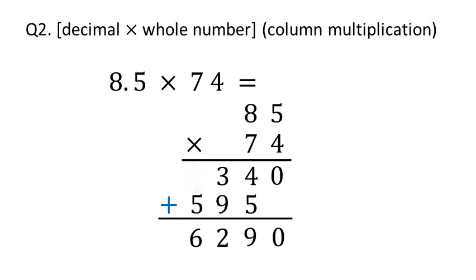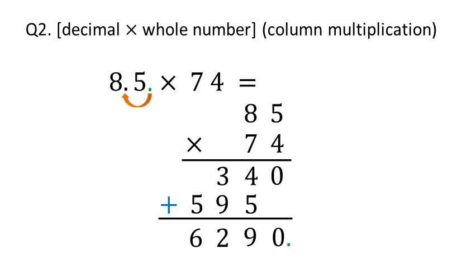Now we need to deal with the decimal point. The original question was 8.5 times 74, but we did 85 times 74. Since 85 is a whole number, we can place the decimal point at the right end. To change 85 to 8.5, the decimal point was moved one place to the left. We can place the decimal point at the right end of